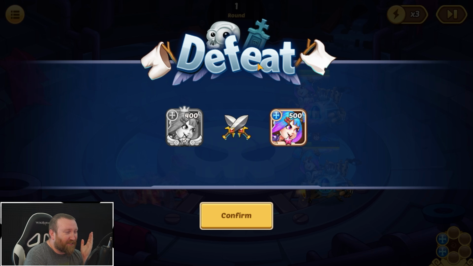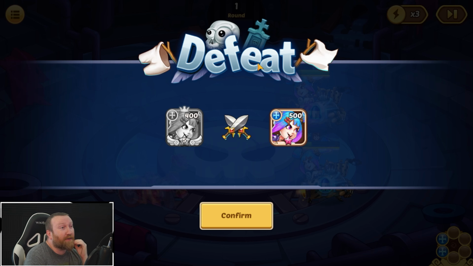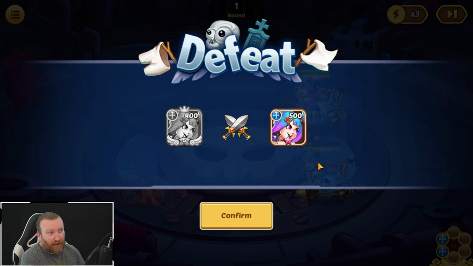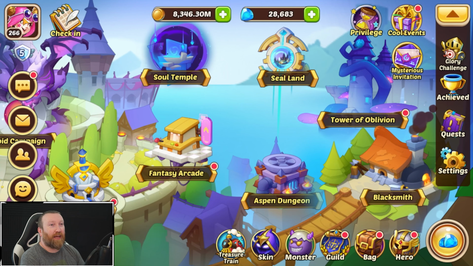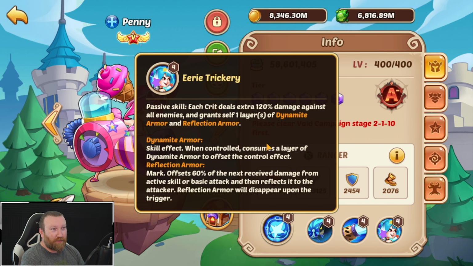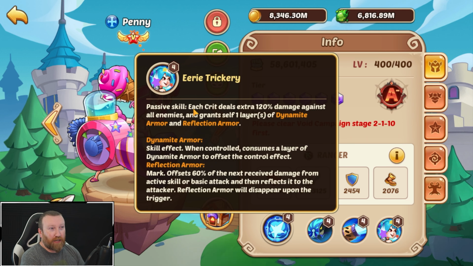Did she not crit right there? Is that kind of what happened there? Or did we crit her? Their reflect armor went off first before our passive went off. That is sucky. So essentially, what I think happens is we crit the enemy, which was going to